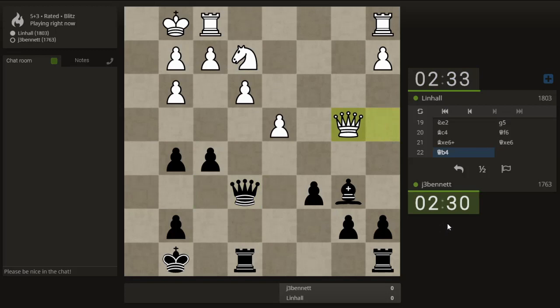And what to do here? I think centralizing the rook is logical. Could bring it up here and over to harass the queen. His knight could go back to c6. Okay, he pushes the pawn forward. So when that comes here,